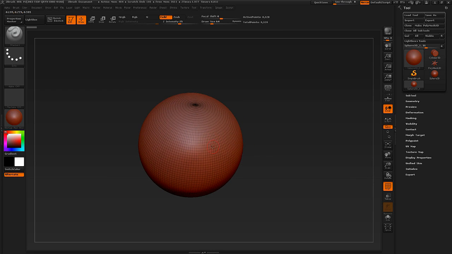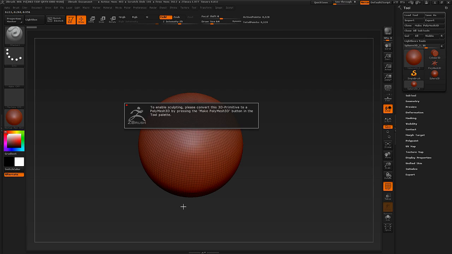So now we have a brush. You can see the brush up here is the standard brush. And we should be ready to sculpt. So let's sculpt. And we get a message saying that we can't sculpt. The reason is because we're still in some kind of